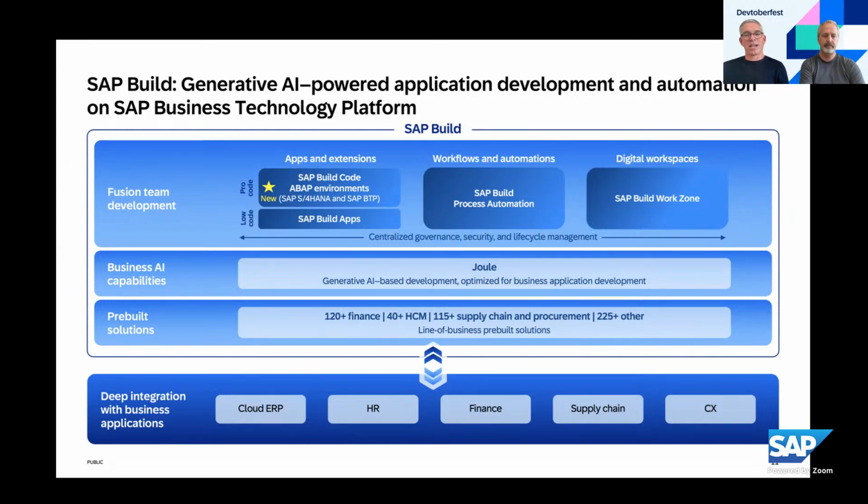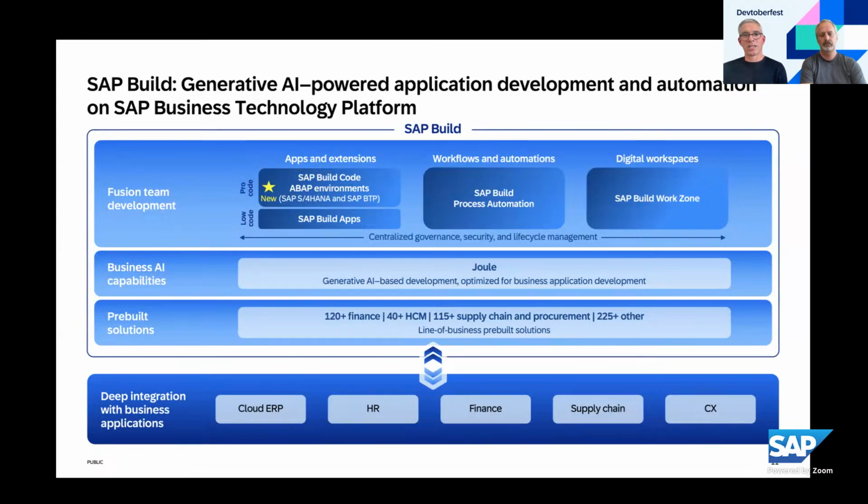And now to actually close the loop completely, as Boris already mentioned, we have also the ABAP environments, both on S4 and the BTP. And that's all bundled together in one product, right? So with SAP Build, you get everything to be able to extend your S4, but also other LOBs in the